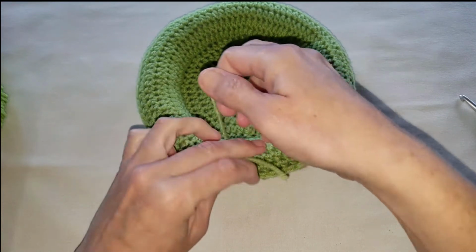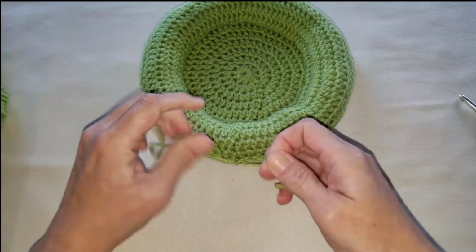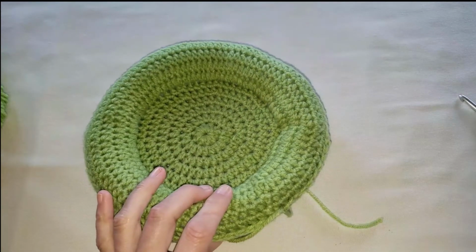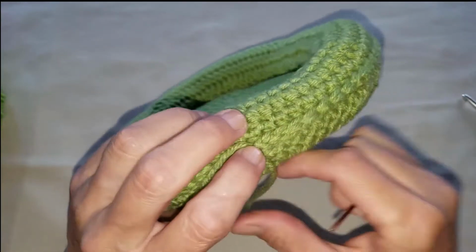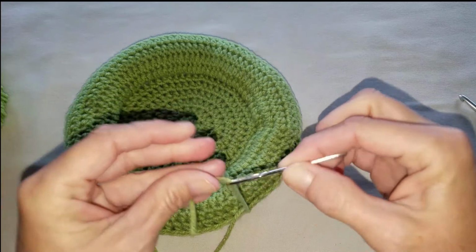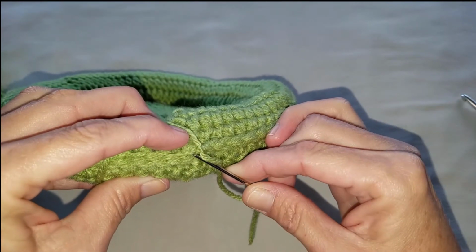I'm going to show you something kind of cool about hiding in. For all of you who've been crocheting a long time, this is nothing new to you. But if you're crocheting any kind of amigurumi, anything that requires you to do a lot of sewing and connecting, or stuffing, anything that requires you to stuff things, I'm going to go ahead and take this